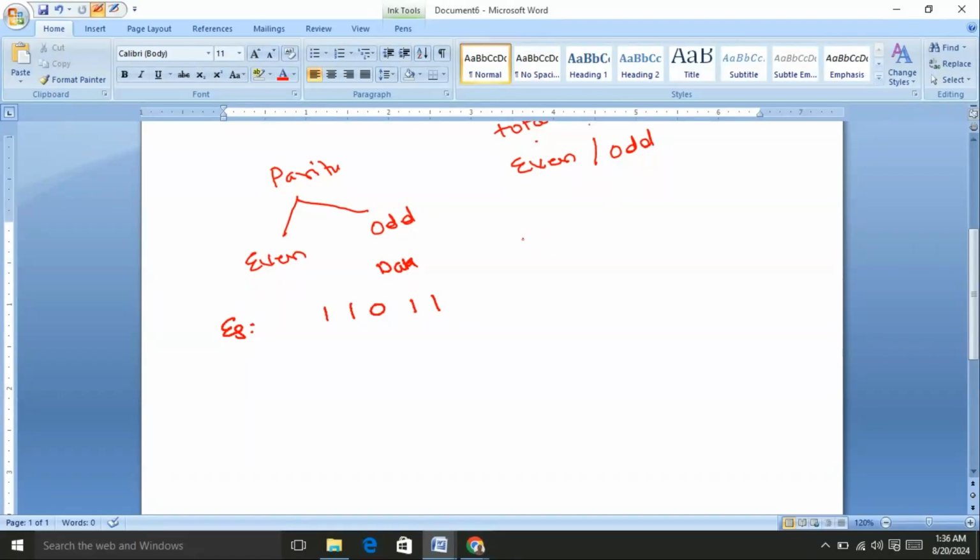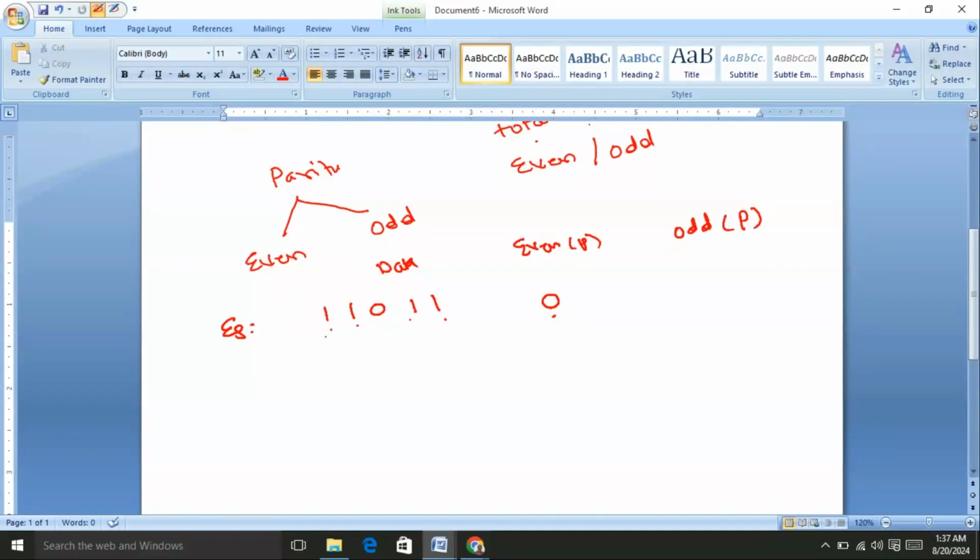Generally, the parity bit is represented by the letter P. The total number of ones in this information is already 4. So for even parity I add one extra bit whose value is 0, and for odd parity